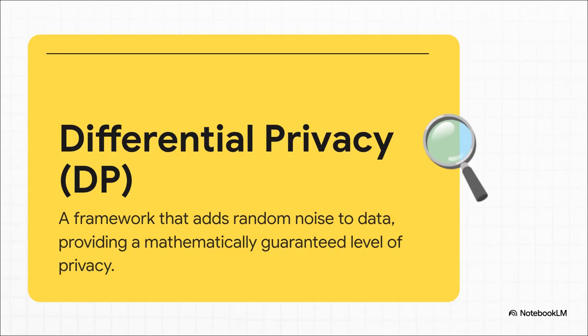So here's the core idea behind differential privacy, or DP for short. You strategically add a small, carefully calculated amount of random noise to the data. It's done in such a precise mathematical way that the final result of any analysis is almost identical whether your specific data is in the dataset or not. And that makes it mathematically impossible for anyone to reverse engineer the results to find any single individual.